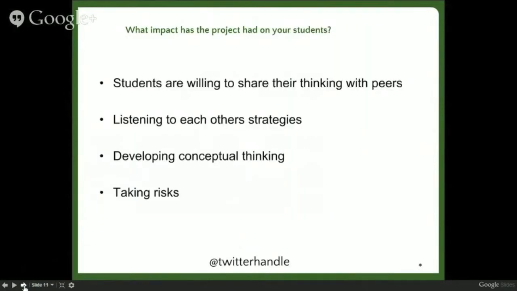And the impact on students, students are willing to share their thinking with peers, they're listening, they're actually not just answering the teacher, but they're actually working together collaboratively, and they're taking risks as well. And research proves that promoting mathematical discourse in the classroom actually accelerates learning in mathematics and also literacy as well. And that research was done by Bobby Hunter from Massey University, especially on our Pacifica students.